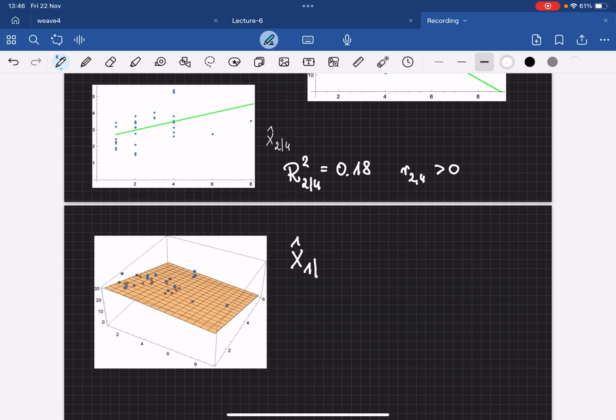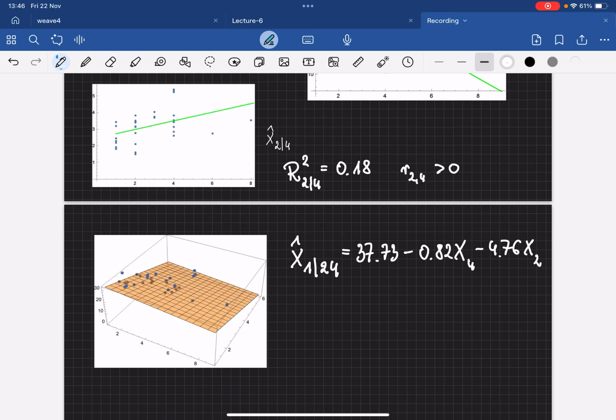x1 based on x2 and x4 reads 37.73 minus 0.82 x4 and minus 4.76 x2. So there are again completely different coefficients because there are different variables, and R squared in this case is equal to